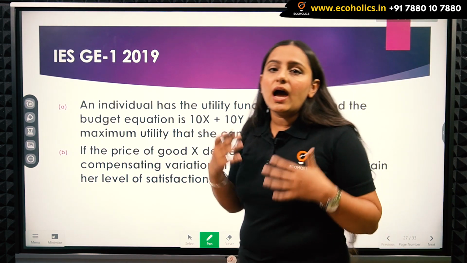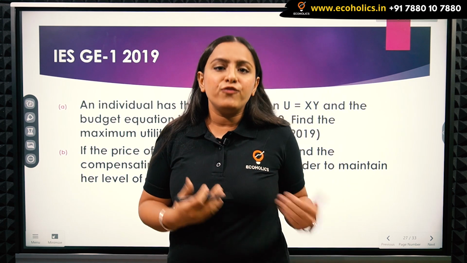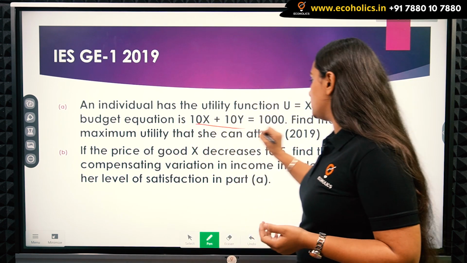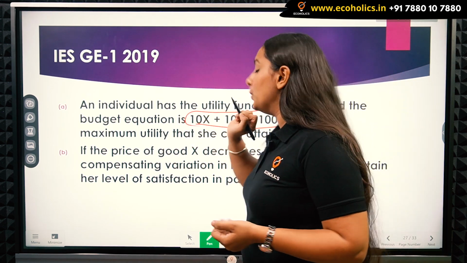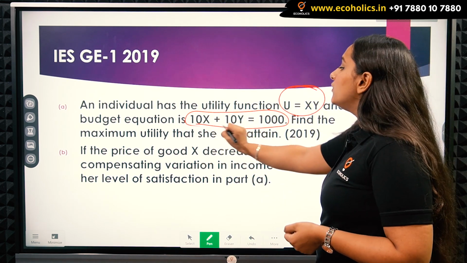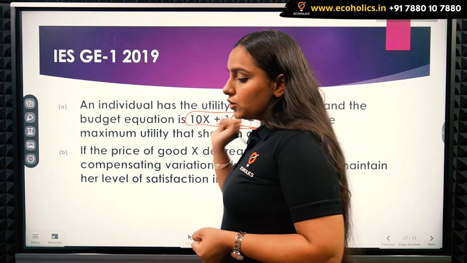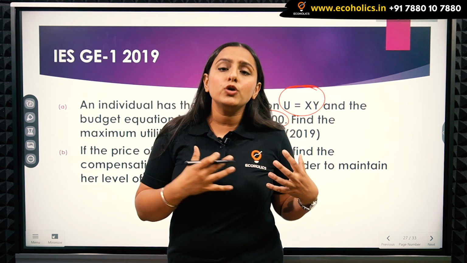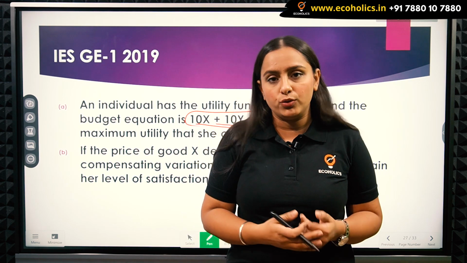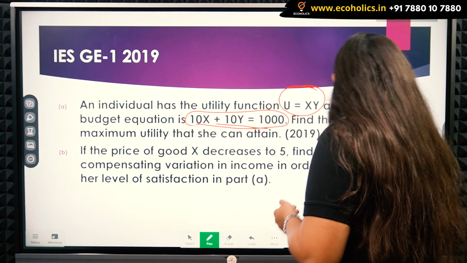Whenever we have to maximize or minimize any function, we differentiate those functions. But here we have a constraint also. So we have to maximize our utility with respect to this constraint. I am going to use the Lagrange method with which I would be maximizing my utility function. So let's just see the solution.